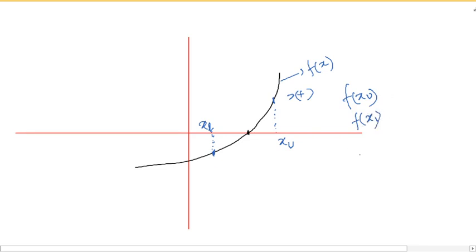So if the multiplication of these two is less than 0, that is, the signs of these two are different from each other, that means the sign changes only when the function crosses the 0 point, either from this side or that side. Whenever this function is positive and converts into negative, it obviously crosses the 0 point in between these 2 points. So that's why we say this is the bracketing method,